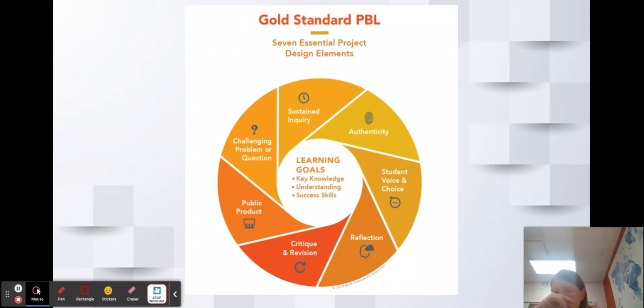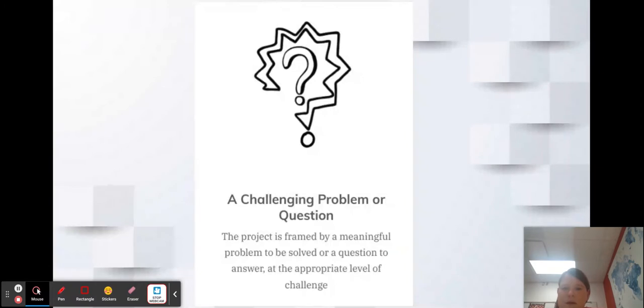So if you see this graphic, really it's saying that all of these are surrounding the learning goals that you have come up with, including those success skills, which would be like our 21st century skills that we know and want all kids to have. So we're just going to kind of break these 7 down, and you can jot down anything that you need to in your note sheet. So typically,